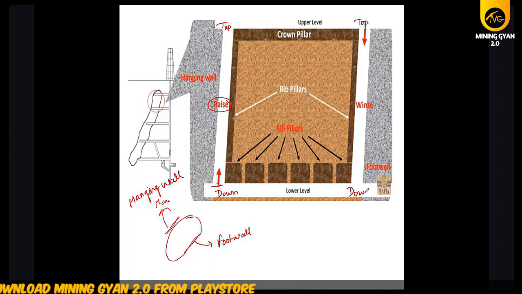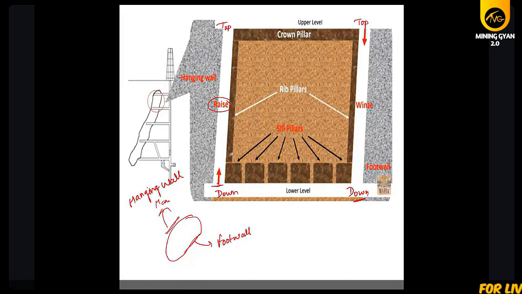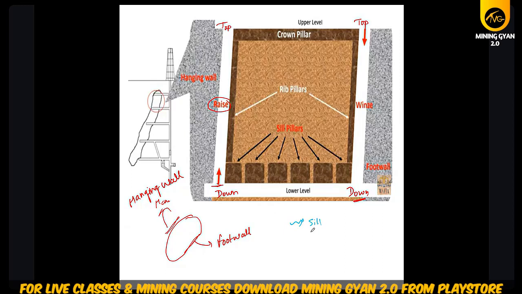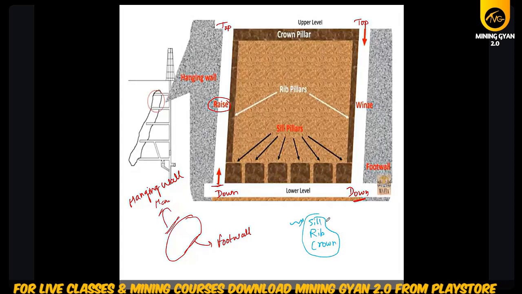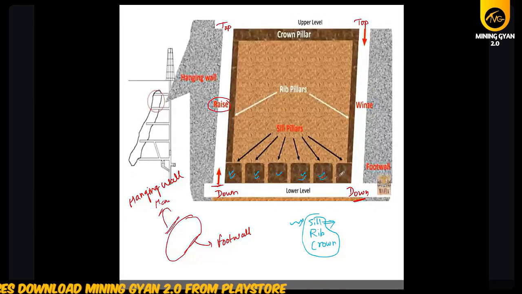Okay. So there are a few pillars which you definitely should know, someone can ask you the question: what is the seal pillar, what is the rib pillar, what is the crown pillar. So what is the seal pillar? Seal pillar is basically the one which is below the stope we make. Okay. And rib pillar,